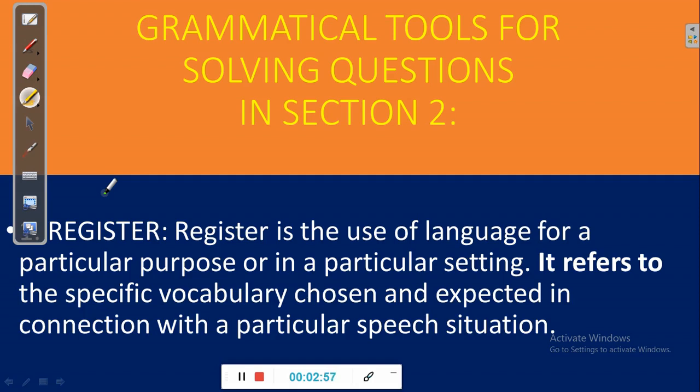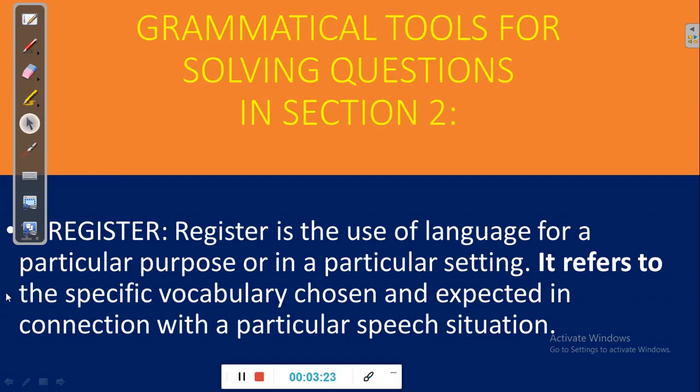And of course, the kinds of questions you find in the West African Senior School Certificate examinations test your knowledge of register. And as we solve the questions one by one, we shall be analyzing them in the light of these grammatical principles. Now let's look at the next